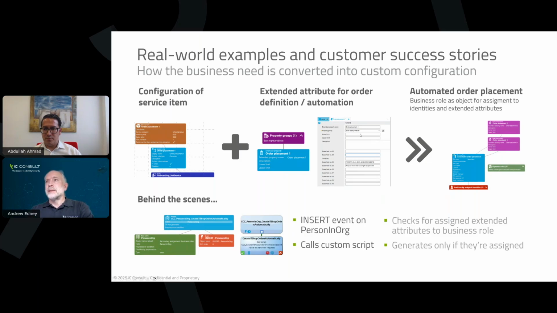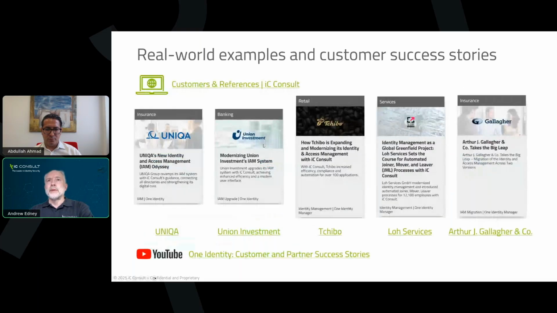That's just a simple example of some business discussions that we had and came up with a solution that worked for that particular business. It's a large German company. I won't mention their name, but they are pretty well known for anybody in Germany. We do have a number of other customers we work with of One Identity Manager. On our website, we have a list of customer references, which I'll make sure you have links for after the presentation. I'm not going to go and read through all of these because we're getting towards the question and answer stage, but we do have some good examples there.